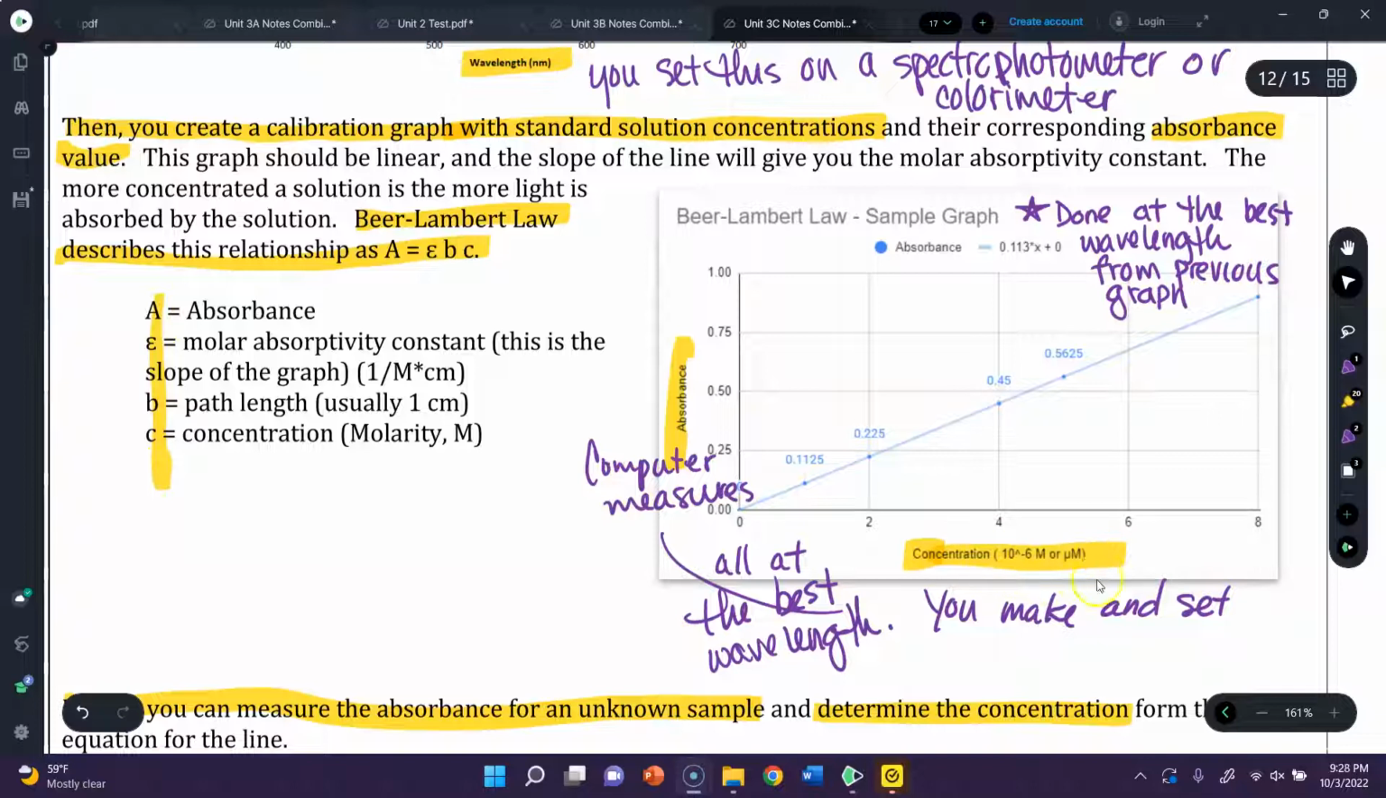Please make sure you pay attention to your X and Y axis units, especially for concentration, because a lot of the times you're working with very, very dilute solutions. Okay, so you make the solutions and you set what those concentrations are. You then put them into the spectrophotometer, and the computer measures each of those absorbances, and it gives you a